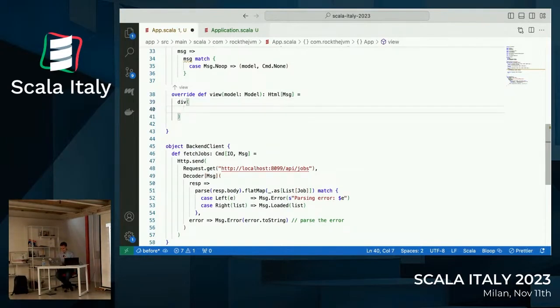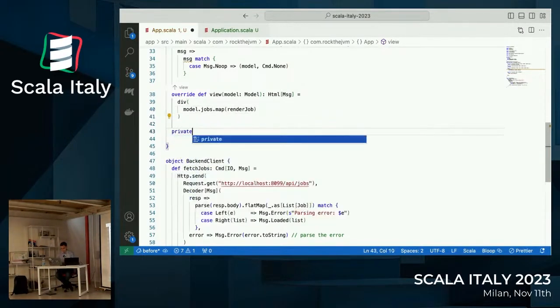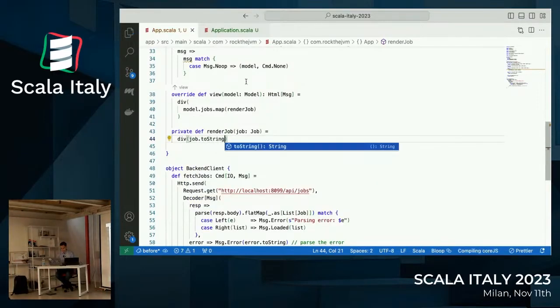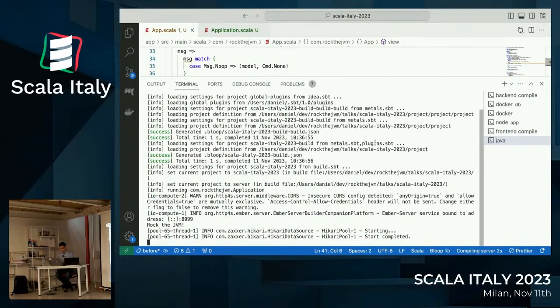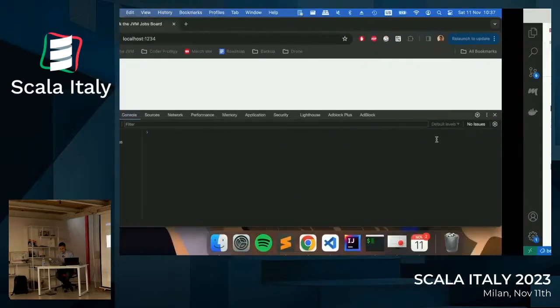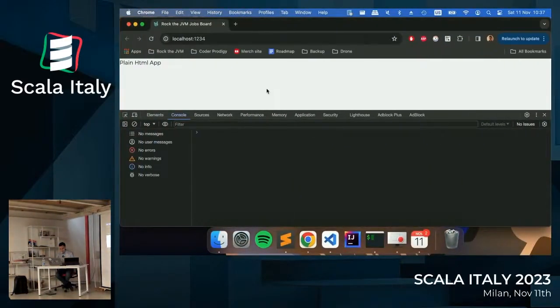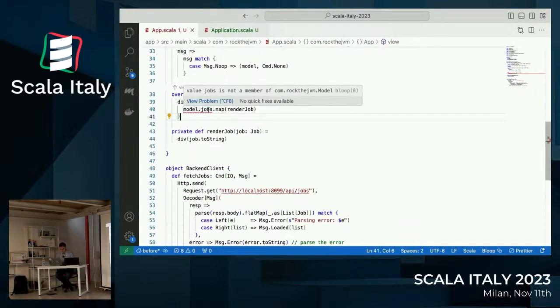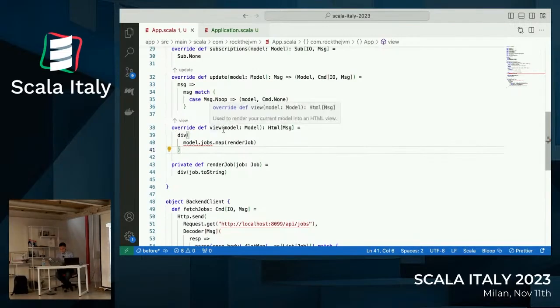So I'm going to have a jobs model, jobs map, render job. And I'm going to have a private def renderJob, job. This is going to be an HTML div. Let's say job2string, because I don't have time for anything else. But otherwise, you can build your entire thing. Come on. Model jobs. Model.jobs is not a member. What? Model is